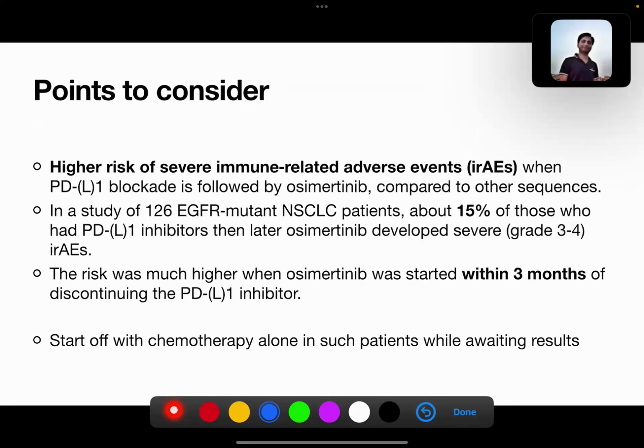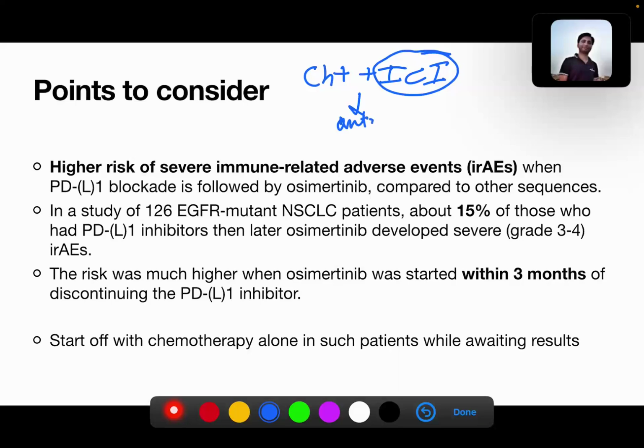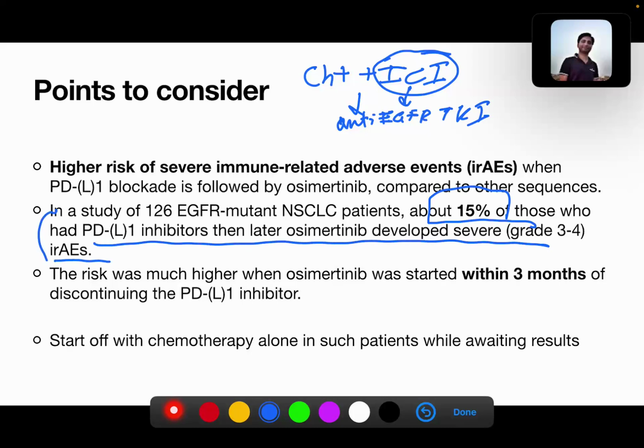So you should note here that if you start the patient on chemo plus ICI, and later you get the NGS report and switch, we know that ICI is less effective in the presence of a driver mutation, right? Suppose you try to switch back to an anti-EGFR TKI. So what will this do? After an ICI, if you start an anti-EGFR TKI within 3 months, it can lead to high rates of pneumonitis. Okay, that has been observed. Around 15% of the patients who received osimertinib immediately after a PD-L1 inhibitor had grade 3 to 4 pneumonitis and other